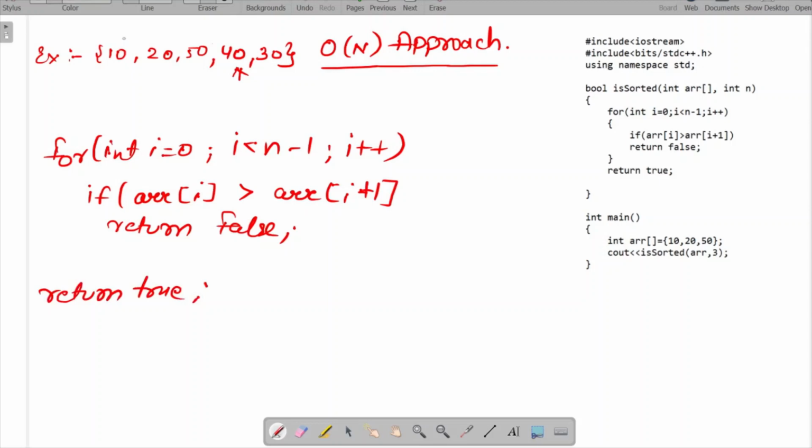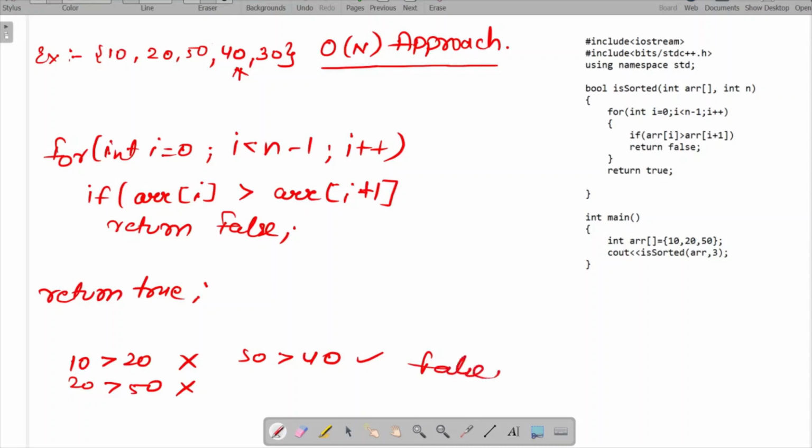First time when it runs, it will compare 10 with 20. Is 10 greater than 20? False, so we will not enter this if condition. 20 is greater than 50? Again we will not enter. 50 is greater than 40? Yes, this condition is true, so we enter the if condition and simply return false.